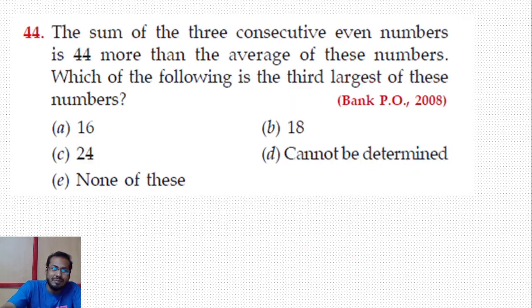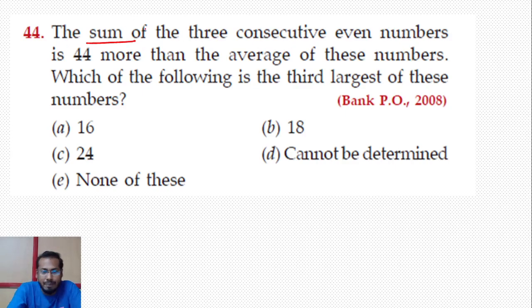Clear? Right. 44th question. The sum of the consecutive even numbers is 44 more than the average of these numbers. Which of the following is the third largest of these numbers? I gave this question 2 days ago. Most of the students who tried this may have found it a little difficult, because this is a banking question and it is a little hard to understand. But before I explain this, you need to understand the difference between the sum of consecutive numbers and the average